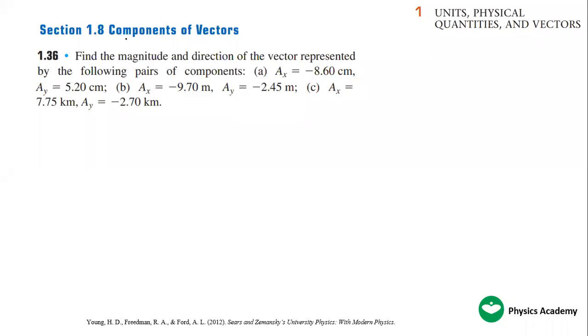Okay, today we're going to answer exercise 1.36 under chapter 1 and section 1.8, components of vectors. Find the magnitude and direction of the vectors represented by the following pairs of components. So we have AX, which is 8.6 centimeters, AY 5.2 centimeters, and for B,